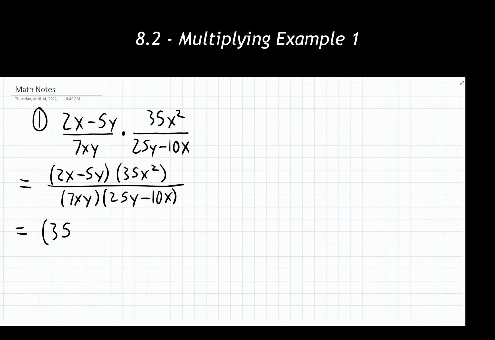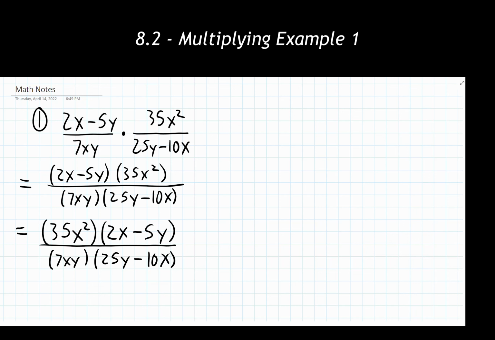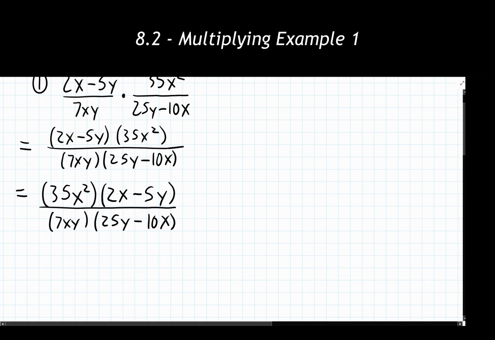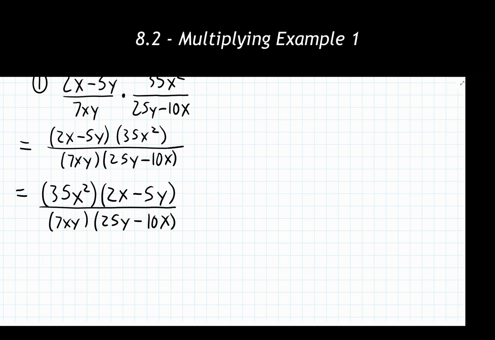So I'm going to do a rewrite of the numerator and put the monomial out front, and the polynomials with multiple terms in back. This is just a personal preference thing. You do not need to do this for your problems. It's just something I find helps keep things a bit more organized. So there's step 1. It's all together as one single expression now.